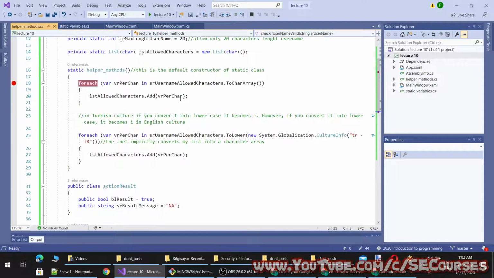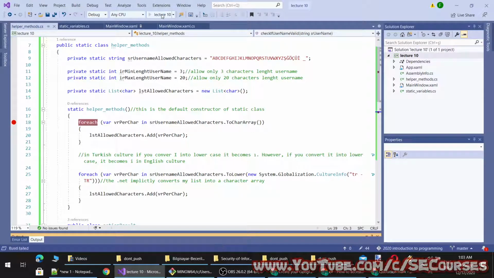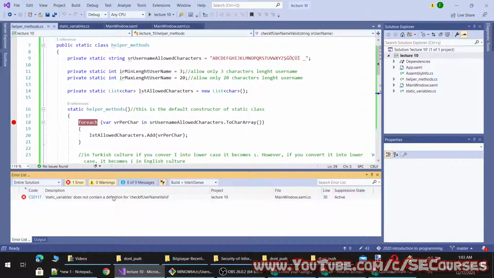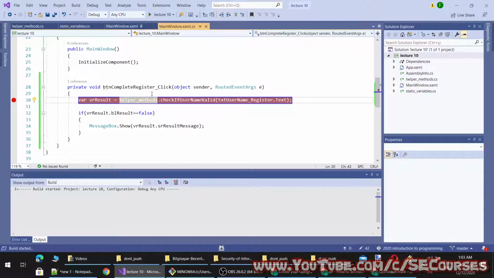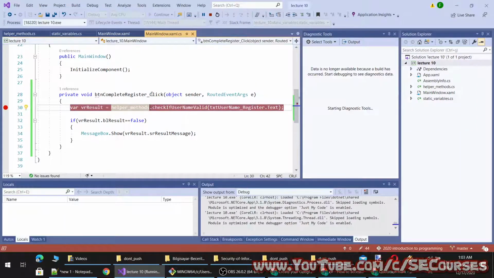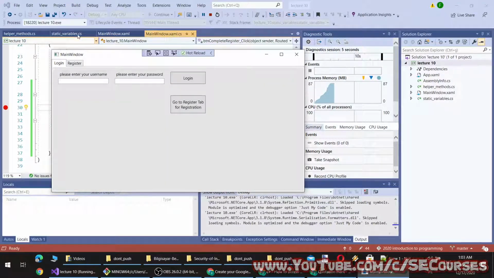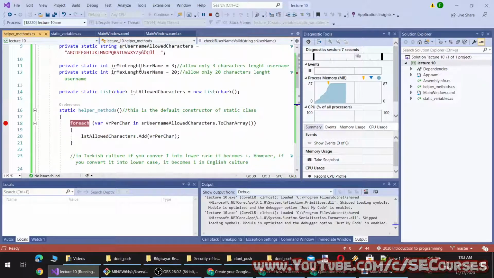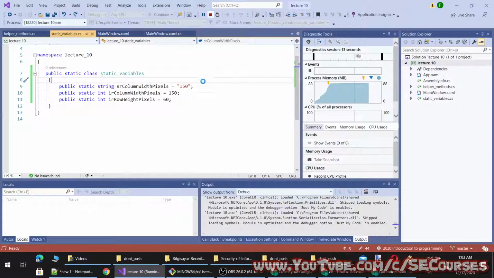Okay, so now you will see that this is not immediately called, because there is no reference to it at the moment during the initialization of the application. Okay, it says yes, and now it is changed to helper methods. Okay, let's run the application. Okay, you see, this didn't get immediately called. However, let's make a constructor here again.